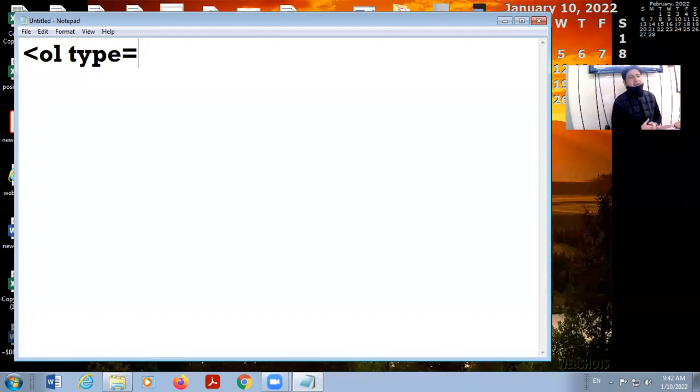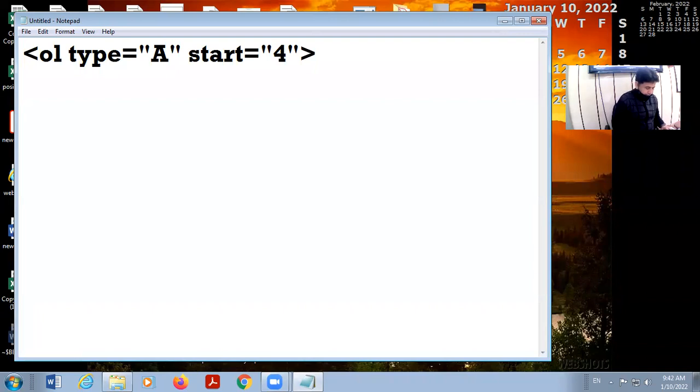According to the type, the sequence will be decided. Second thing, here is another attribute, start. Suppose you want to start the series from the fourth letter, so you will have to type here 4, like this.